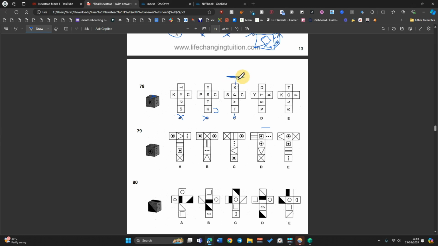So what we've got here is the T will join up with the K. Alright, so this is actually where the T is going to be. The bottom will always connect up with the top, and you can always know that the bottom part of the shape is actually going to be what you see at the top. So you can see the T is above the K, which is alright. If you keep folding it, you'll get again the C will be pointing up, right? So this is where these two connect. So if you imagine this C